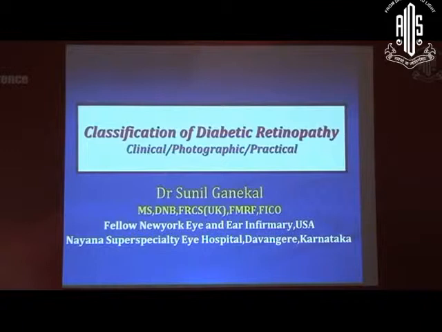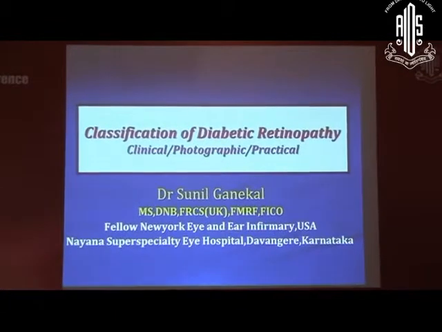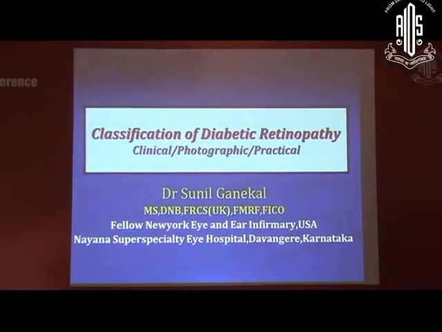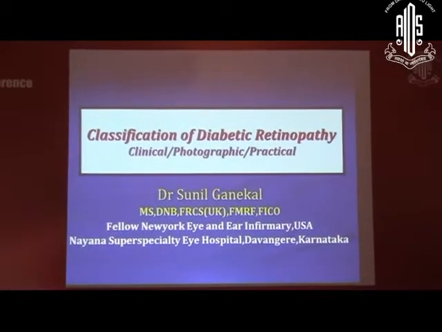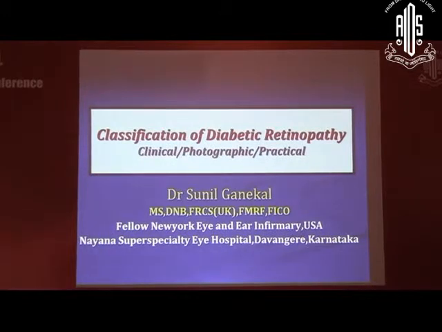A wide range of classification systems have been described for diabetic retinopathy. I'll cover a few important ones, and the rest I'll follow one by one. The oldest classification was the Airlie House classification, which was later modified. It is a photographic based classification. The landmark trial, as we know, is the Early Treatment Diabetic Retinopathy Study, which included both photographic as well as severity scale based classification. Then there is the International Clinical Diabetic Retinopathy Scale. As we moved forward, from the concept of retinopathy we moved on to the vitreous changes, and we classified further as diabetic vitreoretinopathy. With the advancement of instrumentation, we have another OCT based classification also.